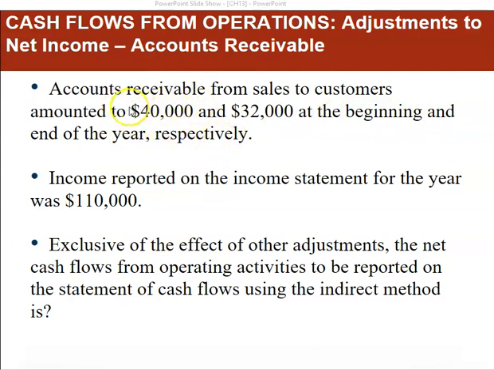We'll just say it's a calendar year. It was $40,000 on January the 1st, and it's $32,000 at December the 31st. Income reported on the income statement, this is net income, was $110,000. That's our starting point. It says, exclusive of the effect of other adjustments, the net cash flows from operating activities to be reported on the statement of cash flows using the indirect method is,